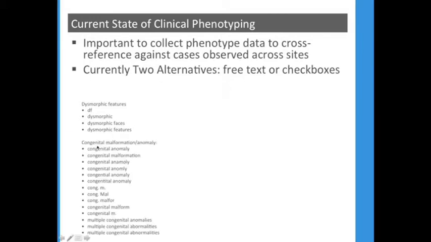For congenital malformations or anomaly, from Sick Kids clinic notes, we were able to get all of these different terms, which really mean the exact same thing. These include things like abbreviations, using the term abnormalities versus anomaly versus malformations, just typos, things like congenital abnormalities, and while all of them under the hood mean the same thing.